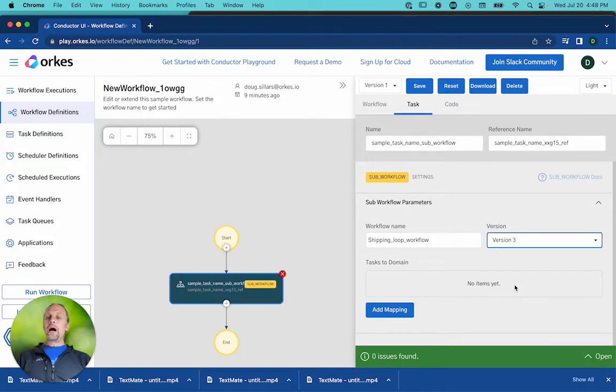You're not allowed to put a do-while loop inside a do-while loop, but you are allowed to put a subworkflow with a do-while loop inside it, inside of a do-while loop. So you can just skirt around the issue. Inside a dynamic fork, you can only place one task in each fork of the dynamic fork, but you can place a subworkflow with a lot of tasks in it as that one task. So again, there's a couple of reasons why maybe you can skirt around some of the rules of Conductor